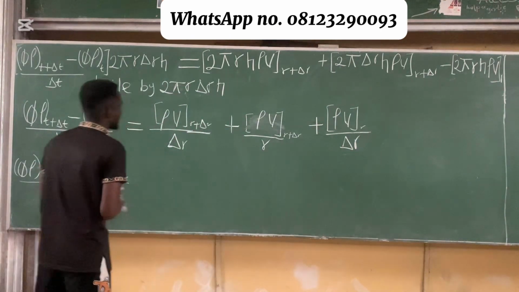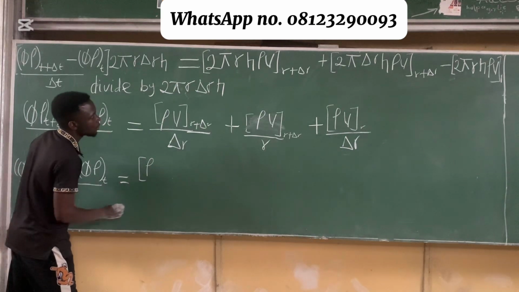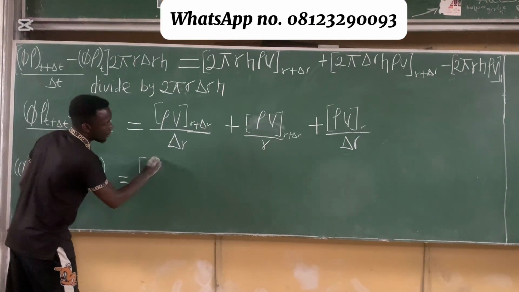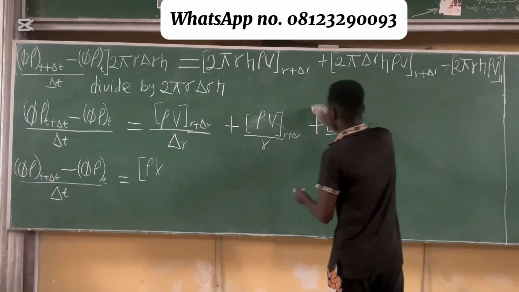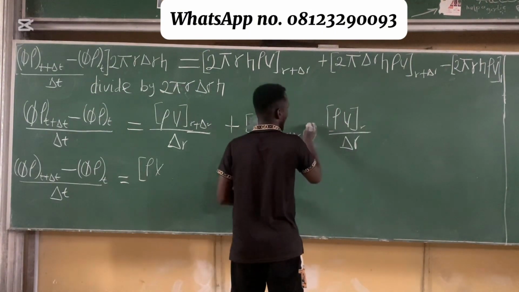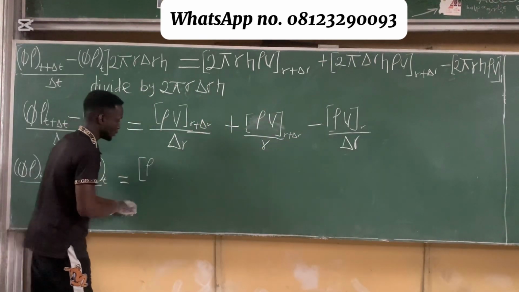So take the ones that divide by delta r, this will give us rho v. Remember, this is minus, so here it's supposed to be minus. So this will give us rho v